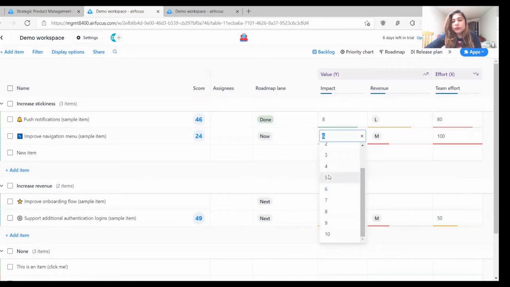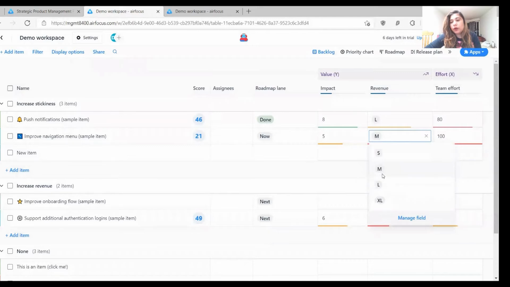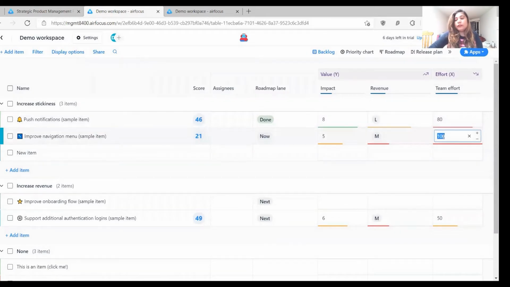So if I choose impact 5, you can see a change in the score. If I choose a revenue, maybe small, medium, large, and Excel, you can also add a new field in the drop down if you want. And these are team effort, how much effort is required to complete this task. If I keep it minimum or maximum, there is no limit actually.